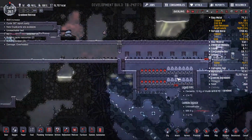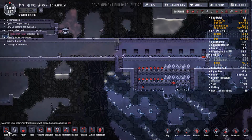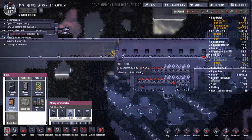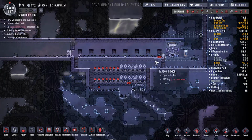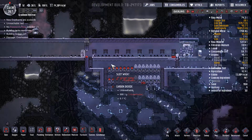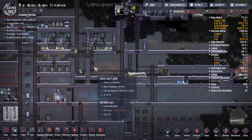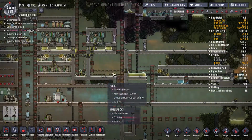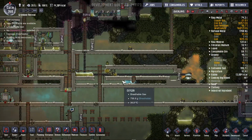Oh, we need fertilization too, so we should keep that actually fairly close. So let's get a storage container right here, I would say. And to be fair, this is pretty much done enough that we can select that back to auto. And we'll get fertilizer made up here. So, like in here somewhere maybe. Because there's a lot of natural gas we could...